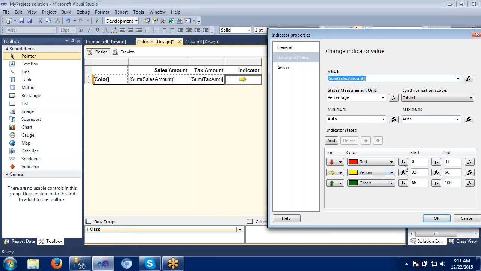So how do you want to show this indicator? If the value is from 0 to 33, it will be red. If it is from 33 to 66, it means yellow. If it is 66 and above, green means it will be in a better position. So this indicator shows that if the sales amount is very less, it will be shown as a red mark. By looking at that we can understand that for this area, this sales amount is very less. That's why it is showing a red mark. With a simple report indicator we can understand what the red marks are, so that we can concentrate on those areas only. So let's take this one, click OK here.